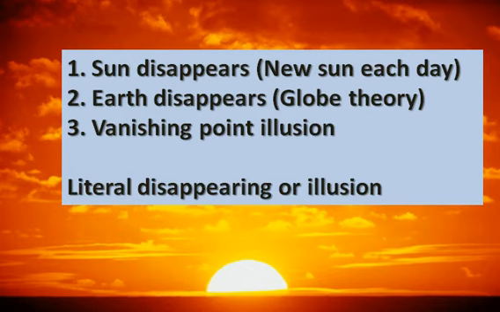And then you could just understand perspective and the vanishing point, and that what's disappearing is simply an illusion. So you could have a literal disappearing, which would give you the globe theory, or a new sun each day theory, or it's a vanishing point illusion. So that's your situation. And it's good to think these things through as a choice. You can see how these theories set up